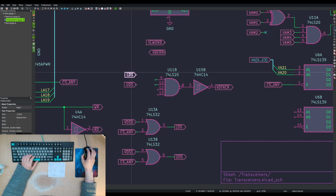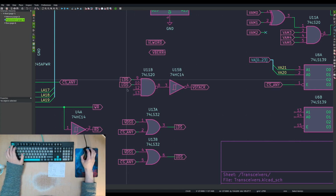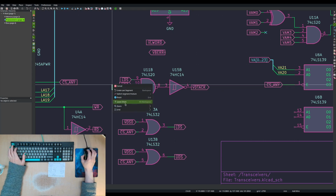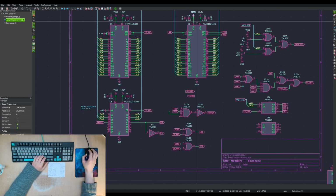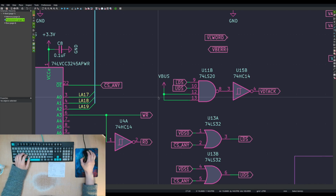So we want these, which are already conditional upon that. If those two and these are high, so if these are all 1s, then this is 1, which makes this 0, which makes this 1. So that's high. If either of these are low,